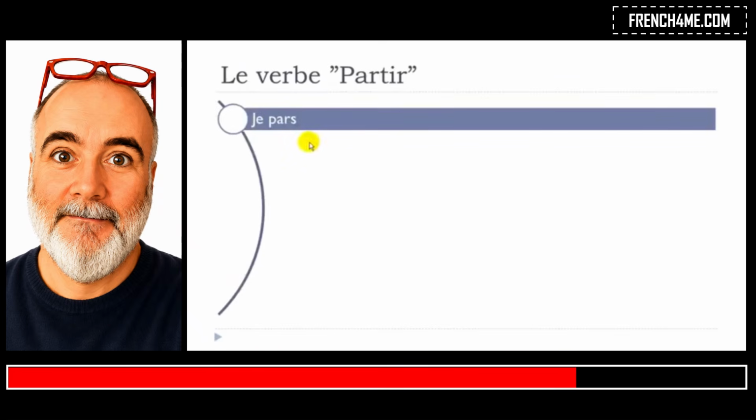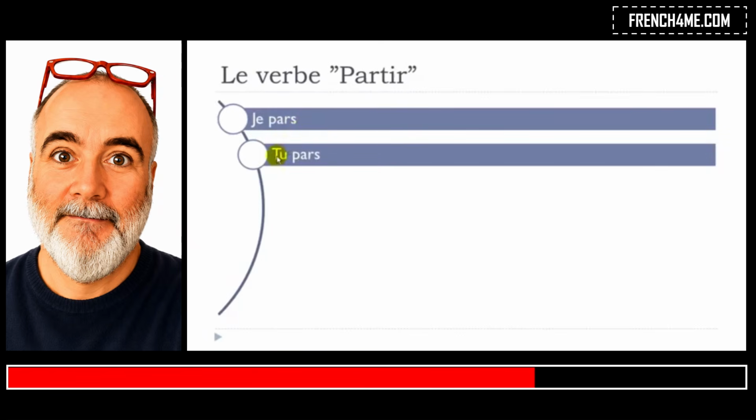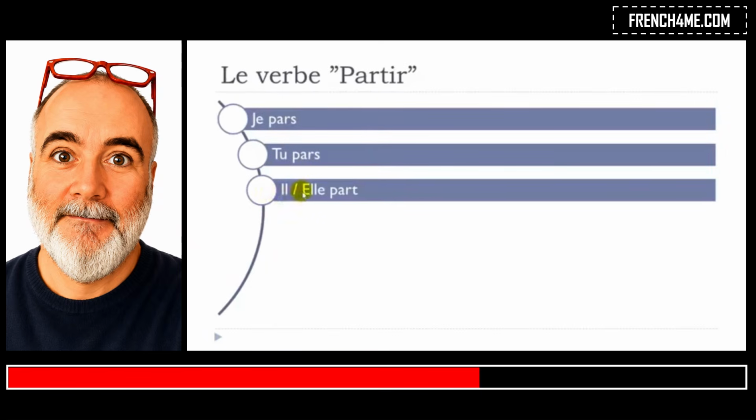So the first form is je pars. So final S not pronounced. Je pars. Tu pars. Same form. You can see here and here. So final S not pronounced. Tu pars. Il, elle, part. Final T not pronounced. Il, elle, part. Okay? So you can see that it's part. Part, and then part. Okay, so the same phonetical form for these persons, but then obviously and of course for